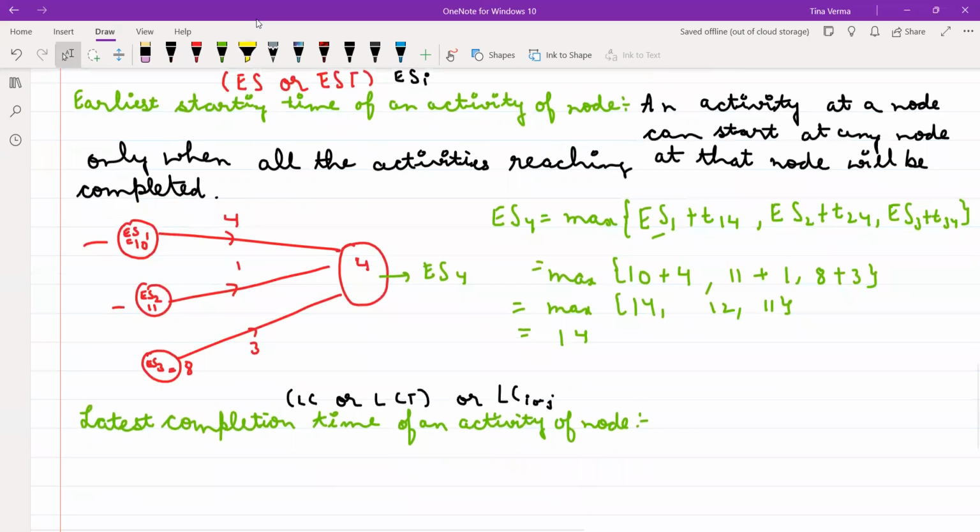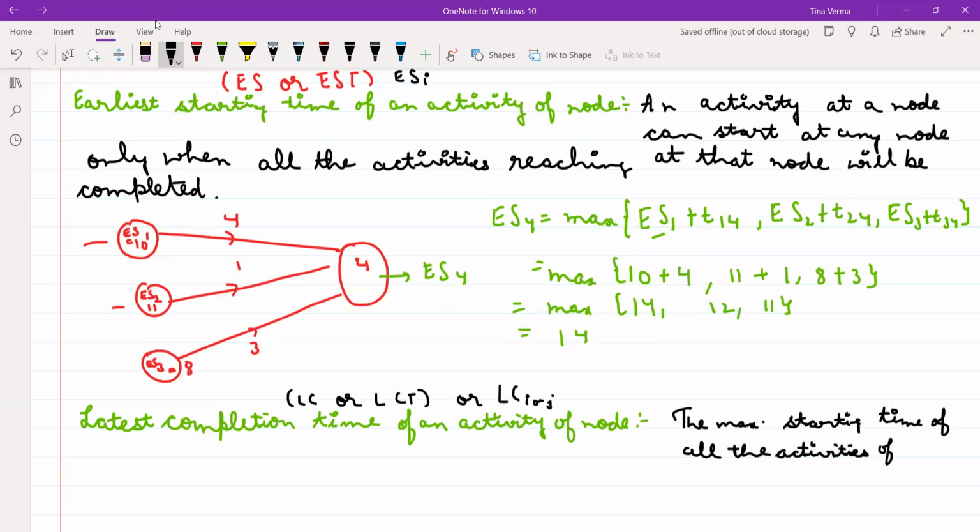So this is the maximum starting time of all the activities of a node